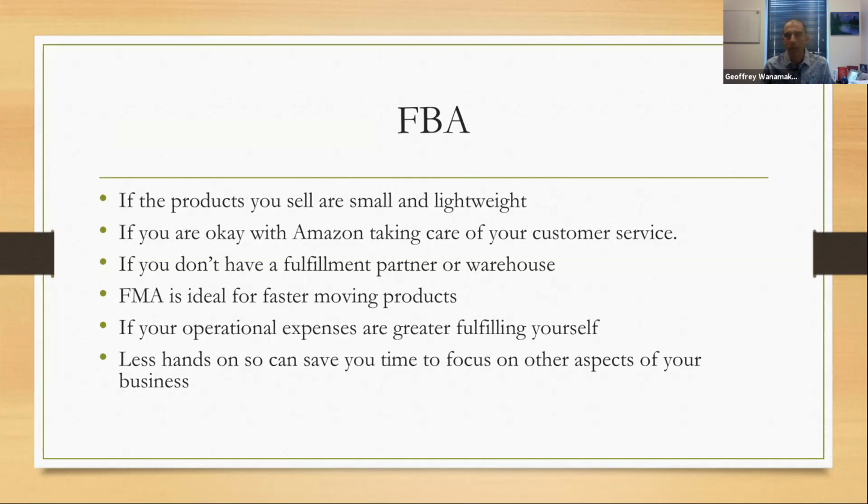Whereas from your side, you ship it to the customer, there could be damage. You're going to be responsible for engaging and taking care of that with the customer. So you might want to consider FBA if you are okay with Amazon taking care of your customer service, if you don't have a fulfillment partner or a warehouse that can fulfill your orders,